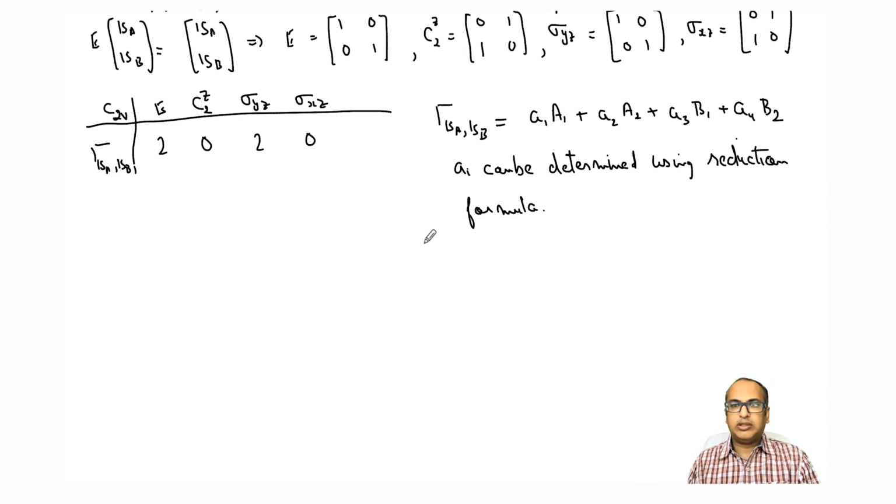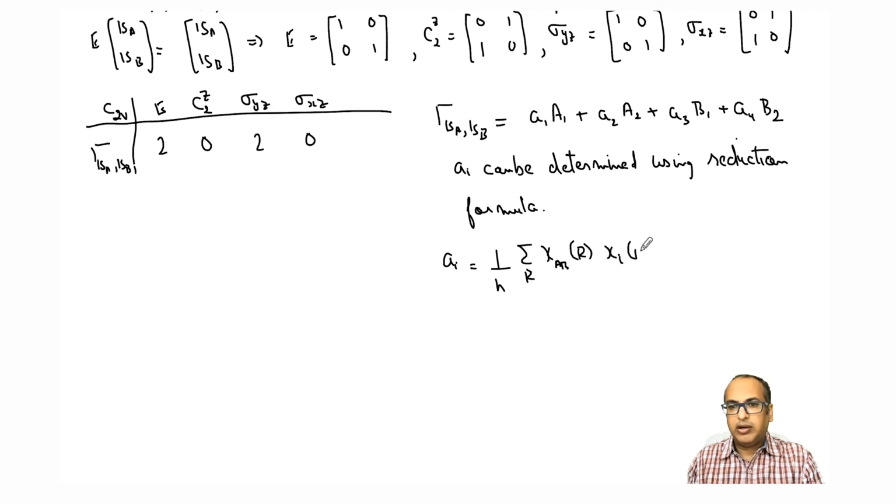So go back and see what is the reduction formula. This was 1 over h, and let's just write it down. So you have a_i = 1/h times the summation over all R of chi_AB(R) and chi_i(R). This is the trace of the reducible representation, this is the trace of the irreducible representation. You multiply the two and then take summation over all R, divide by the order of the group, and you will get a_i, right? So if we do this for this particular tau,